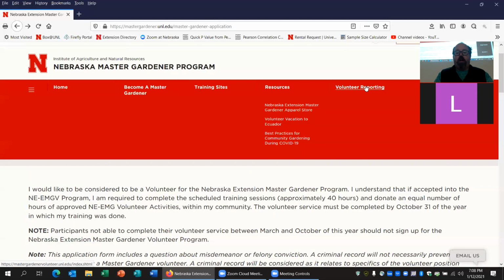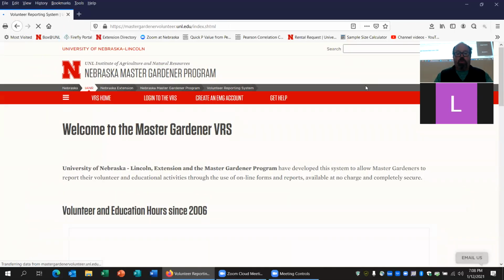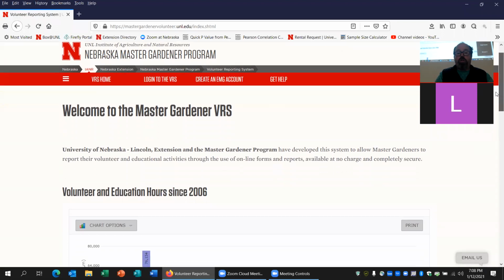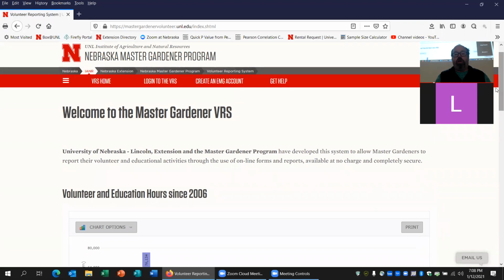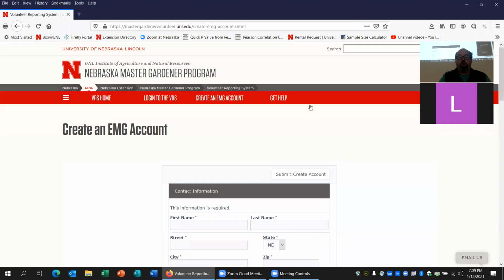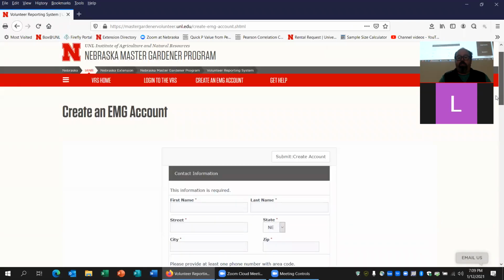And this is the volunteer reporting system. This is where we are going to put in our hours. If you have not put in your hours in the past, some of you have put your hours in on a log sheet and sent those to me, and I would manually put them in. So that's fine, and I appreciate those who put their hours in. If you are brand new to Master Gardener, you will want to create an account. And then you're going to fill in the different fields here